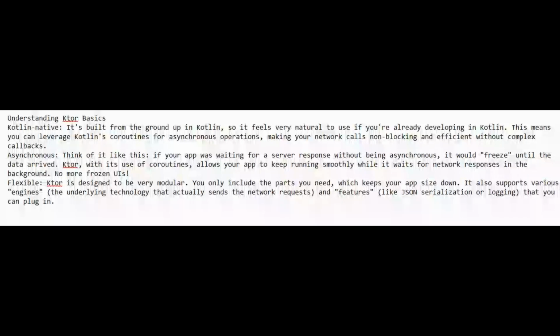Understanding Ktor basics. Kotlin native. It's built from the ground up in Kotlin, so it feels very natural to use if you're already developing in Kotlin. This means you can leverage Kotlin's coroutines for asynchronous operations, making your network calls non-blocking and efficient without complex